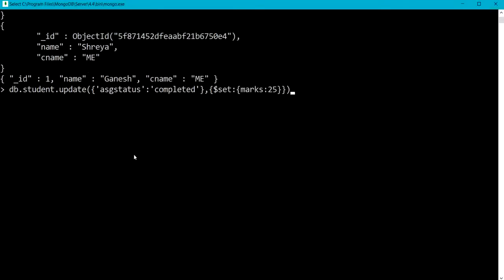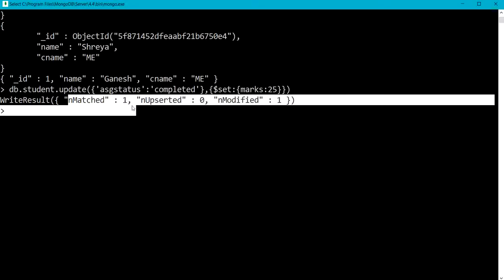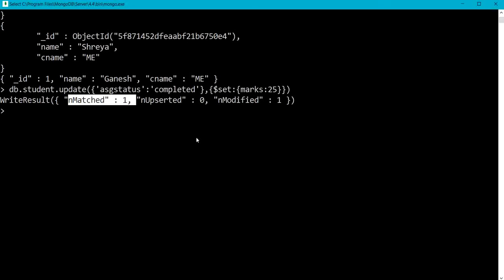As per my query, wherever the assignment status is completed, the marks should be modified to the value 25. Let me execute this. Here I have got matched 1, upserted 0 and modified 1. Now let me display the documents again.